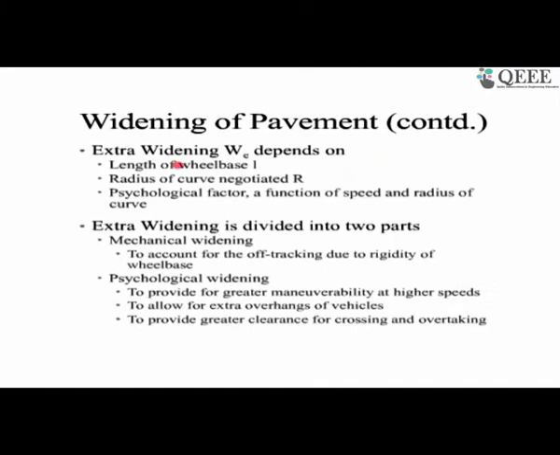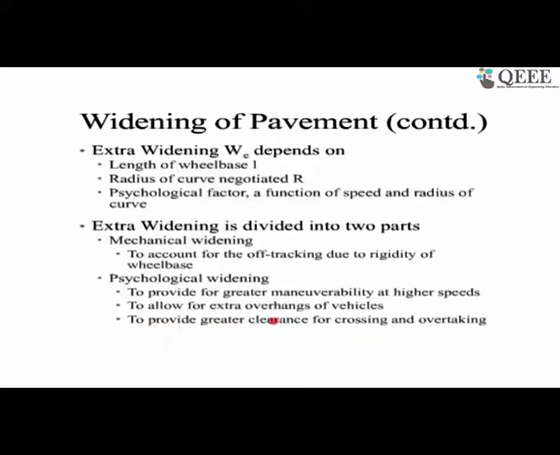As we told you, the extra widening depends on the length of the wheelbase, the radius of the curve, and there is a psychological component to that. So overall, if we look into the process, there are two components. One is the mechanical widening, to accommodate the off tracking, and there is a psychological widening. This is provided for greater maneuverability at higher speed, and this also allows for extra overhang of the vehicle,